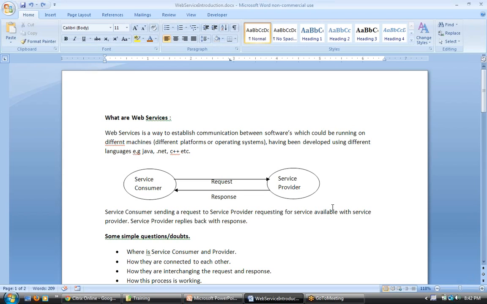Likewise, here the service consumer will be sending a request to a service provider, and he will process and send the response back to the service consumer. How is this communication happening? The service consumer sends a request to the service provider, requesting a service available with the service provider. The service provider has some services which he has to offer to the service consumer. Assume that the service consumer is a client and the service provider is the server, which has some